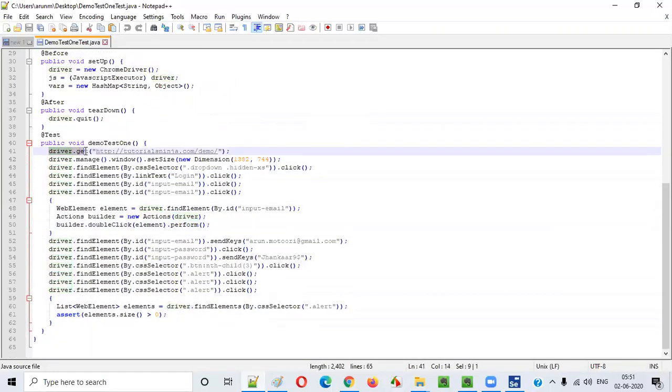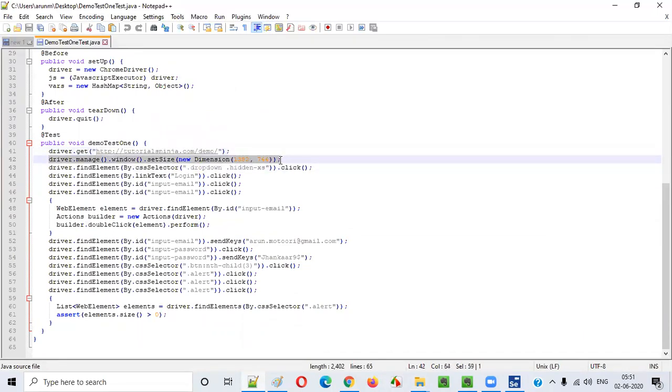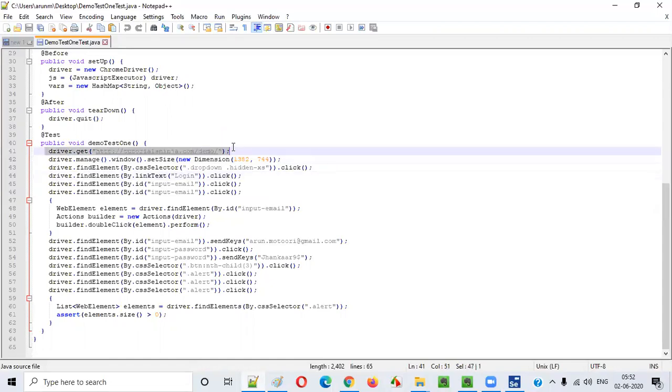Here driver.get is one command of the Selenium WebDriver written inside the Java code, and here the URL is provided. That means this is going to open this application URL. I'll explain all these things later, but for now understand at a high level. This particular step will resize the window to these dimensions. When you run this automation code, it will do what you instructed the code to do. Here this one is opening the application URL, so the main application URL tutorialsninja.com/demo will open.